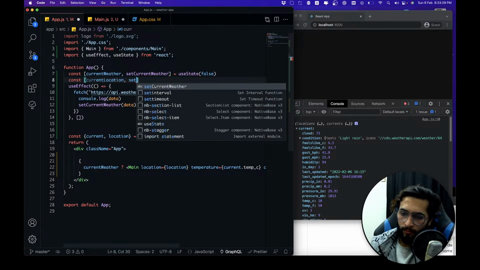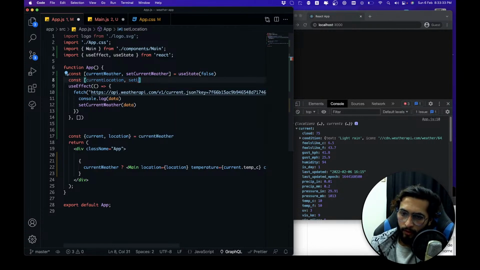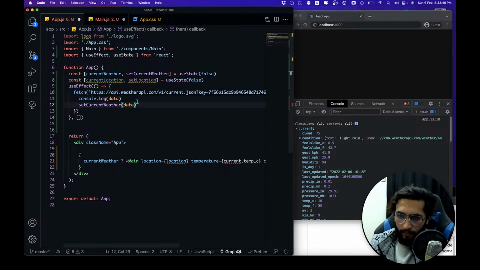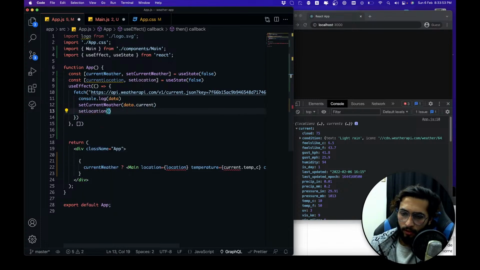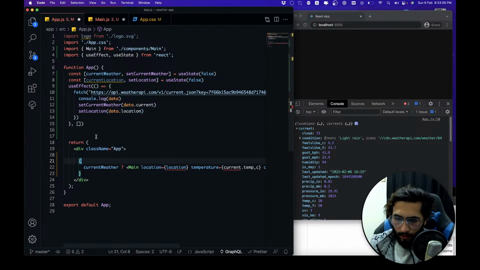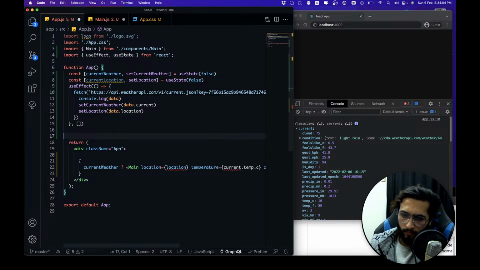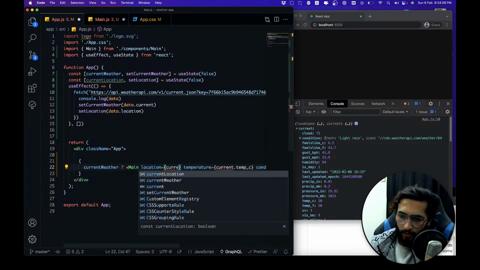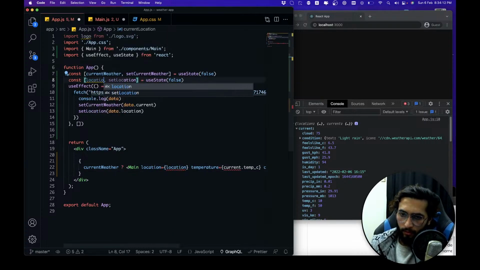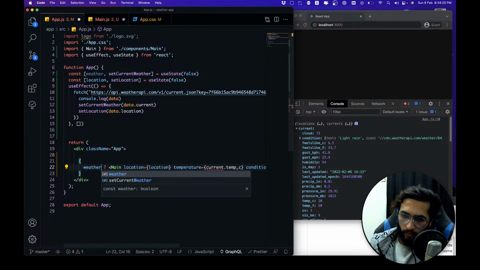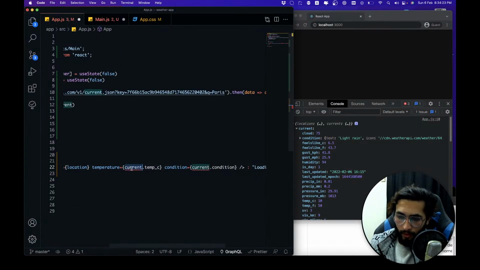So we create the location, that location, or we do current location, and call it false. And now let's just do current weather dot, and we do location. And over here at the bottom we say location, and call this location, and rename this, and say weather whenever it is fetched. And over here we also say,